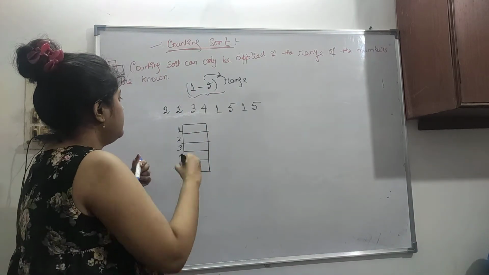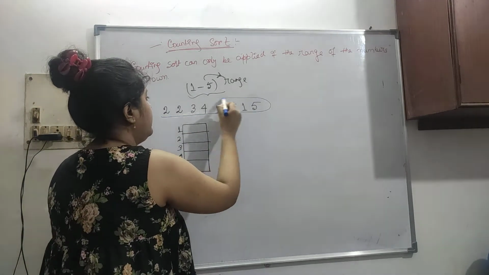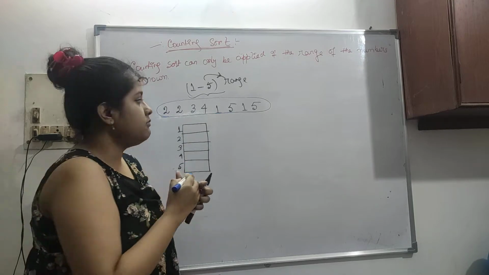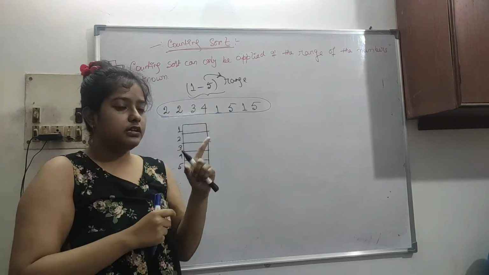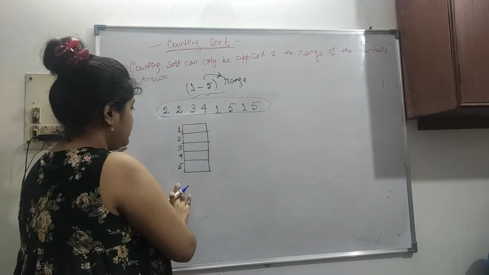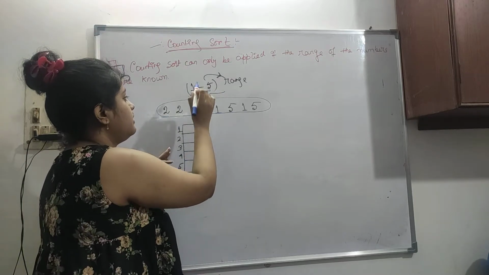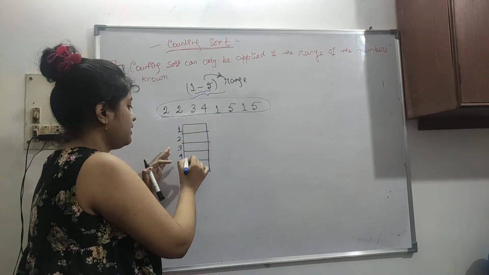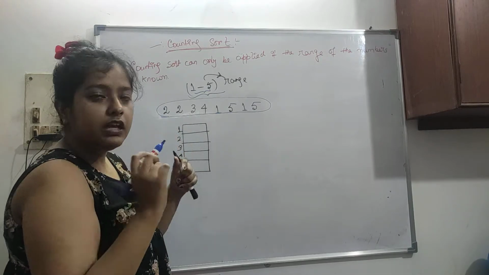Then here we have these unsorted elements. We have to sort them with the help of counting sort. The first thing is we have to know the range. Then a data structure is made where k cells are there. Here 1 to 5 are there, so let's say 1 2 3 4 5, 5 cells are there. Now I will tell you what we have to do.